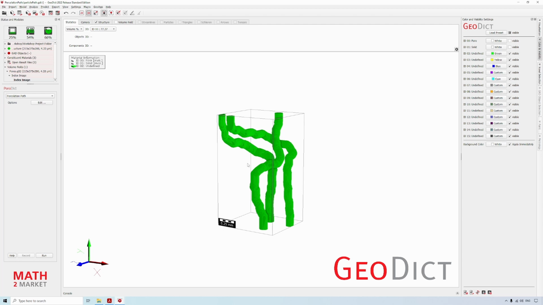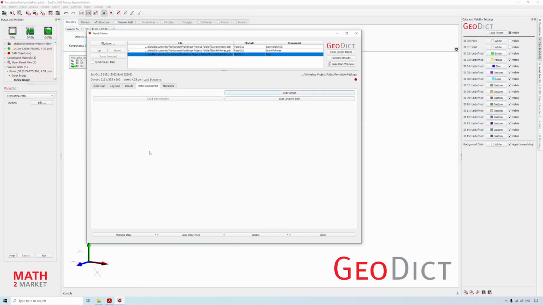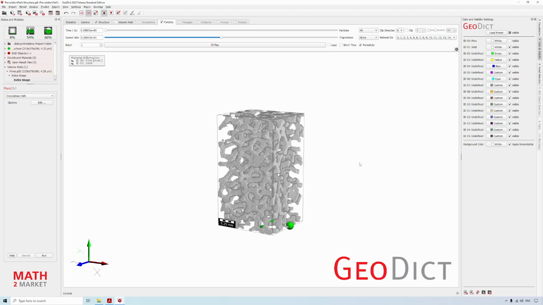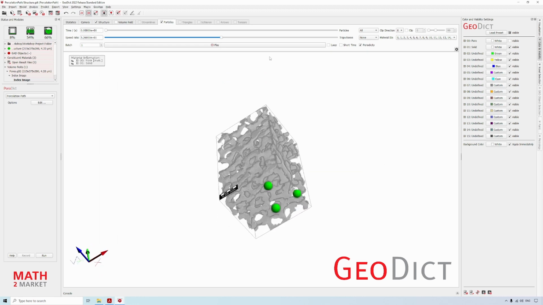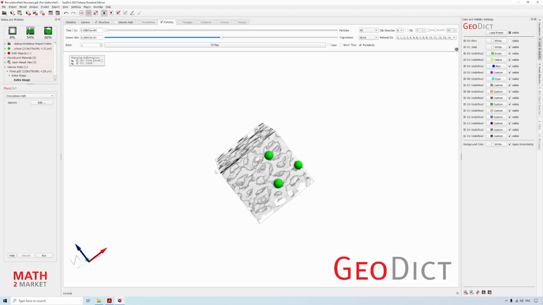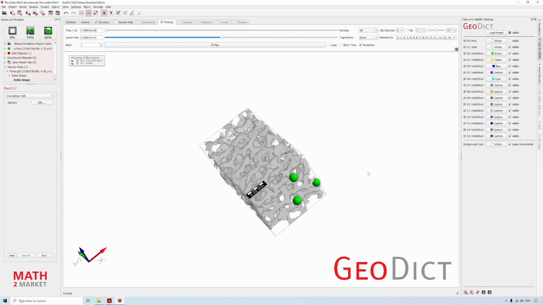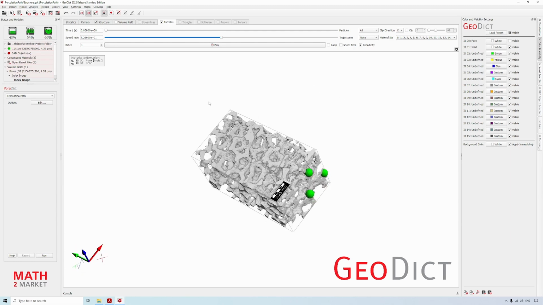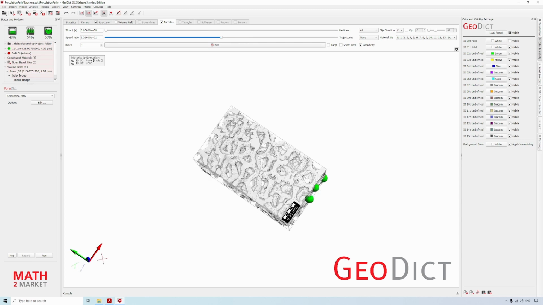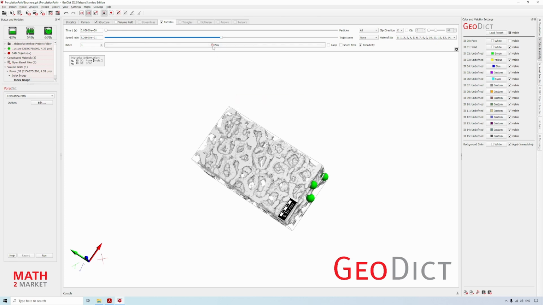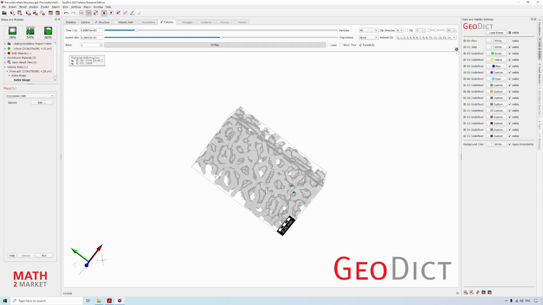This is an interesting analysis, and you get an even more interesting view if you click on Load Analytic Path. We want to see the ID1. We see now how the particles would travel through the structure on their way through the percolation path. To get a moving picture, we can play and see how the particles travel through the structure.